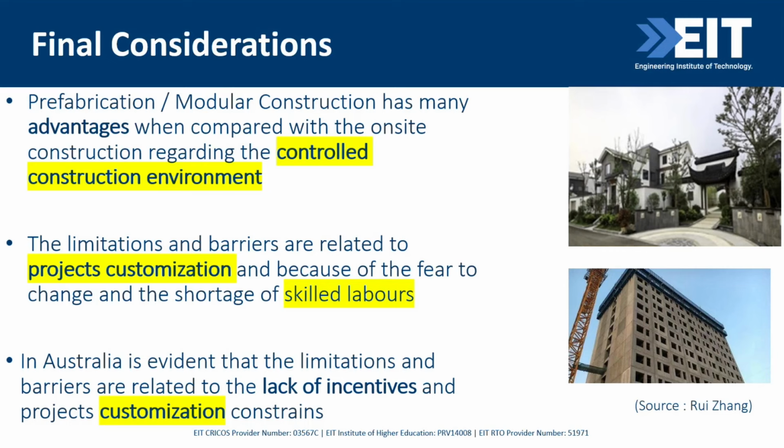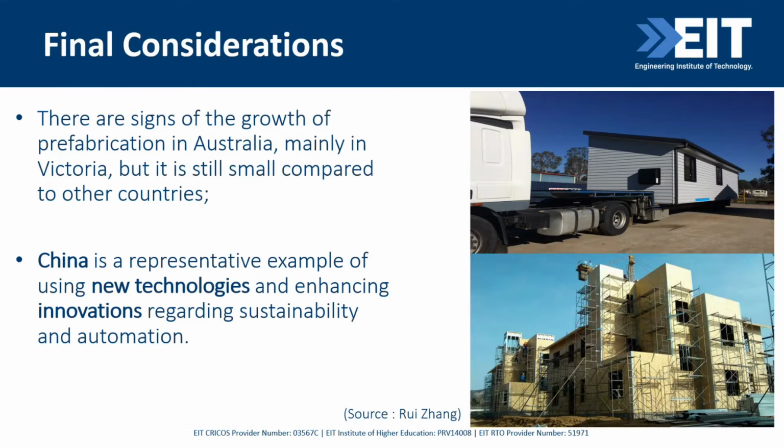We are living a housing crisis here in Australia, and if you watch the news, one of the main solutions is about prefabrication, that you can construct at a fast pace. So yeah, so many points that I think us engineers, architects, and construction professionals can embrace when you talk about prefabrication. And China is using new technologies, that's no doubt, in terms of innovations and also incorporating sustainability